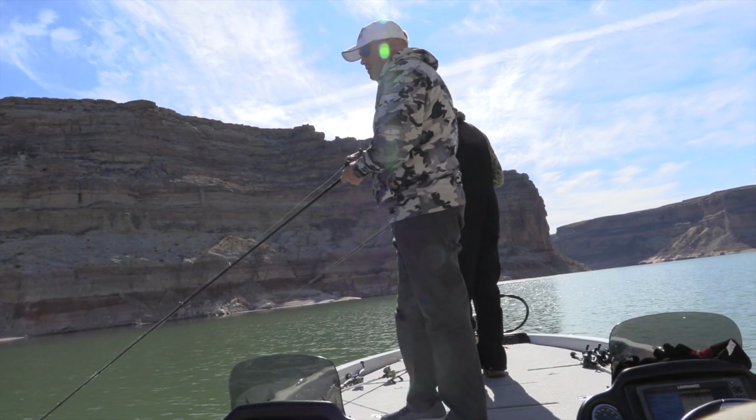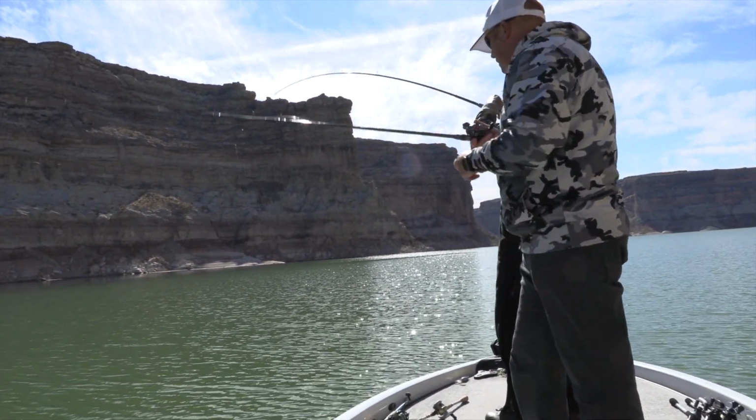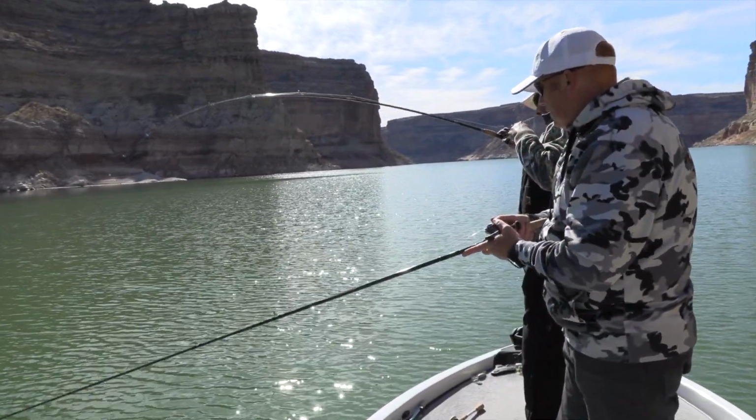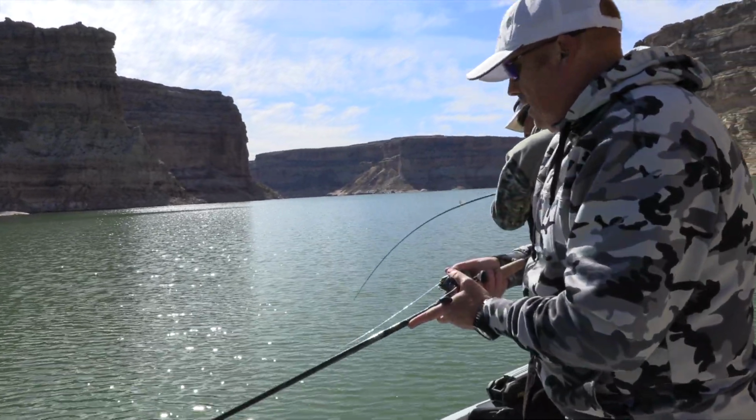Man. Oh, there's fish number 2 right here. Oh, that's a good one right there. Ron has got him going now. He's got such a good technique of the spooning. There's a learning curve to this, and I'm just going to keep jigging here. Hopefully I'll hook up while Ron's...